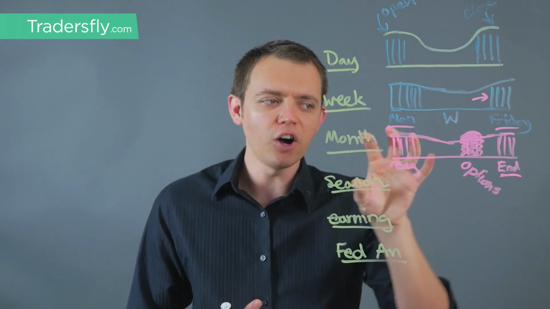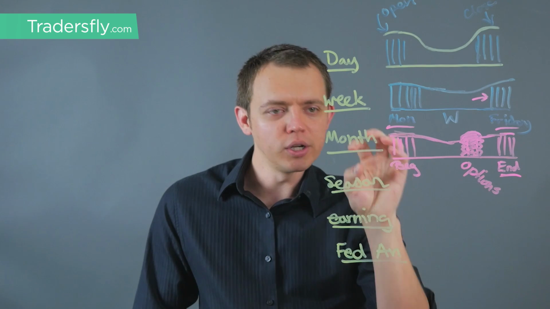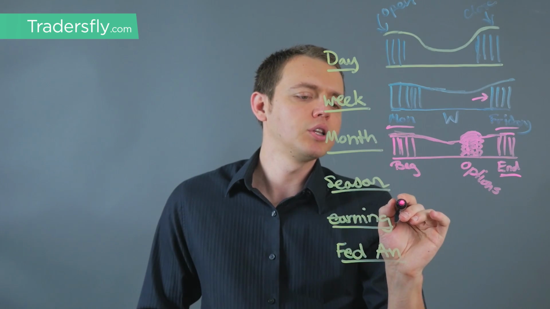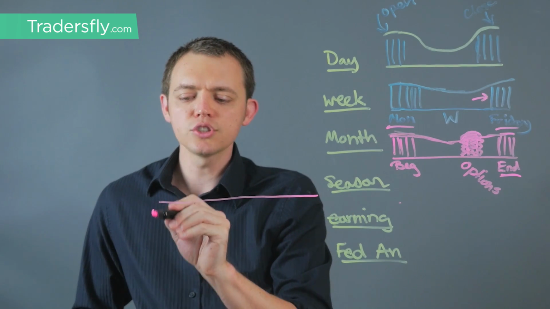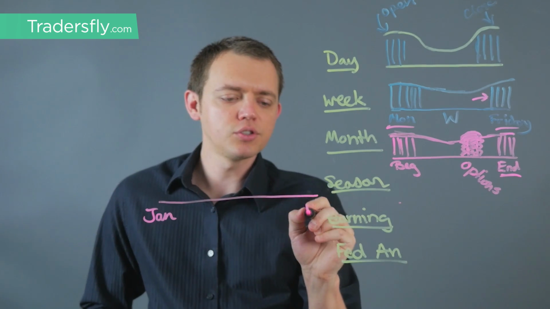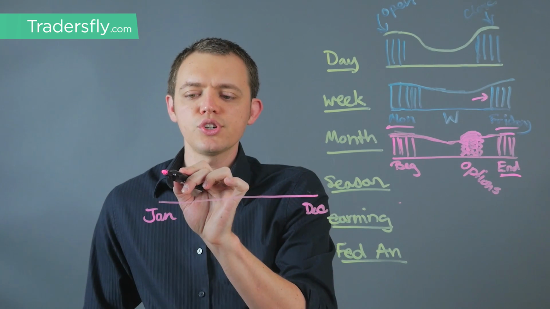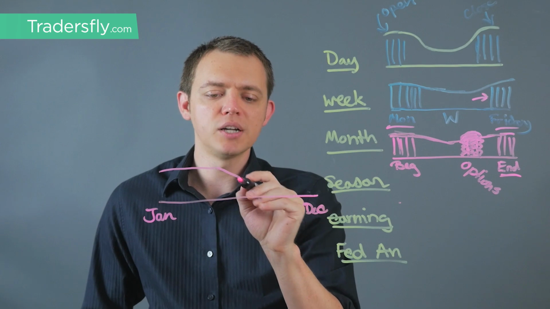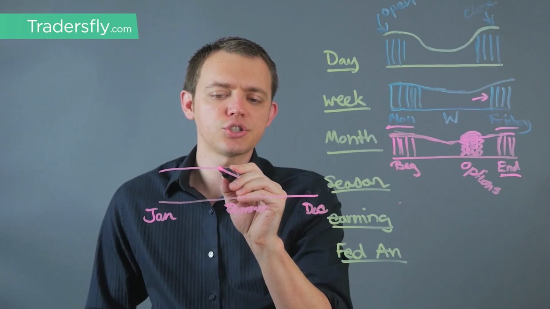So that's the whole point of understanding these meta patterns, so you're not caught in the noise. Just be a little more cautious in those areas. And here, the same thing when we look at seasonality. Let me draw it this way. If we have January to December and we look at seasonality, there's usually a little bit more trading here. And as we get into the summer months, call it summer season, there's usually less trading here.